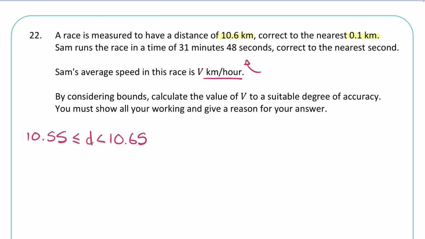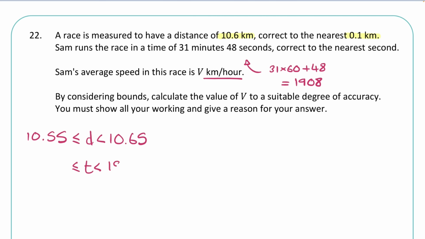So here we can do 31 times 60. That'll tell us the total amount of seconds in 31 minutes, and then we can add the 48. Now that comes to 1,908 seconds. So for our time error interval, which is correct to the nearest second, our upper bound for that